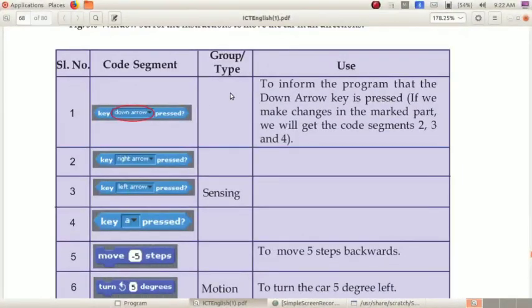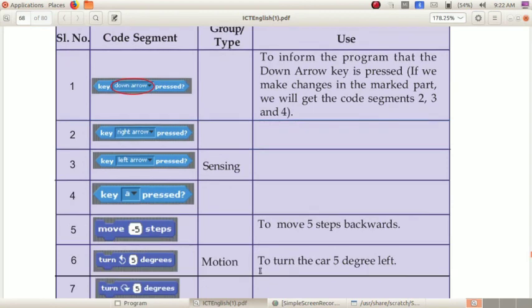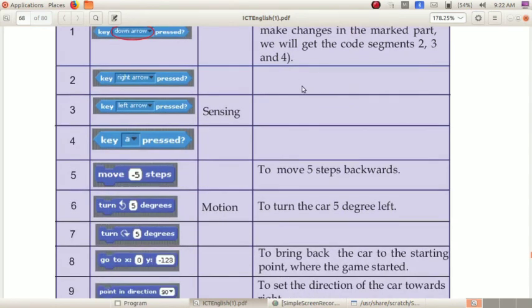This is table 5.4. So you have to fill this. Key down arrow pressed. What is the group? Sensing. Then key right arrow pressed. It is also sensing. Left arrow, sensing. Next key A pressed. That is also in sensing. Next move -5 steps. That is in the motion tab. Okay, likewise you have to fill this.